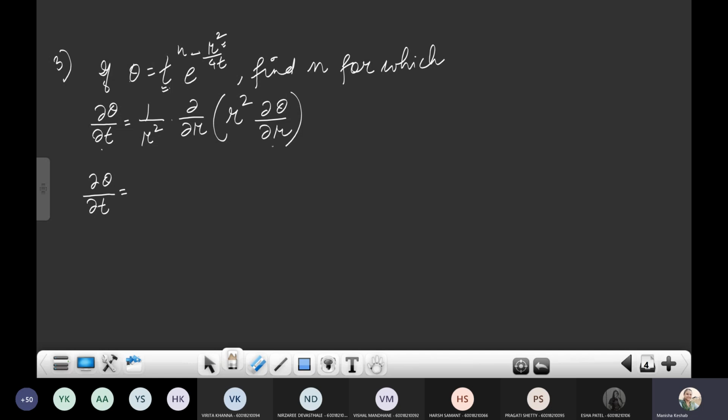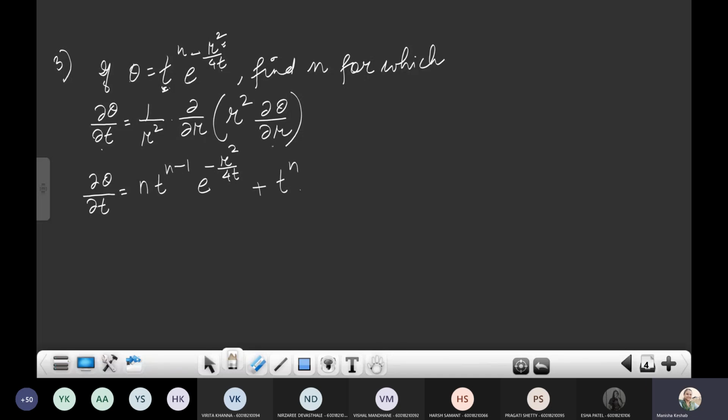So let's find first del theta del t. When we find del theta del t, we have to consider wherever t is there, right? So here we have t and here also we have t. That means when we are differentiating theta with respect to t, we'll have to apply the UV rule here. Okay, u into v. So first let us differentiate this. So n t power n minus 1 into e power minus r square by 4t plus t power n into,